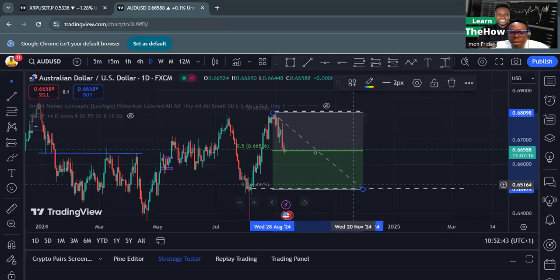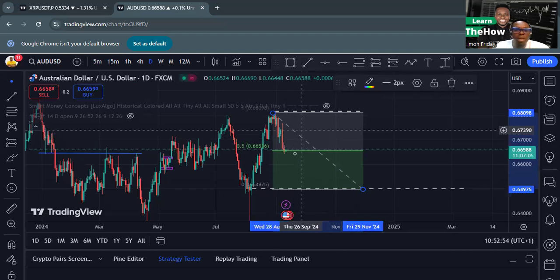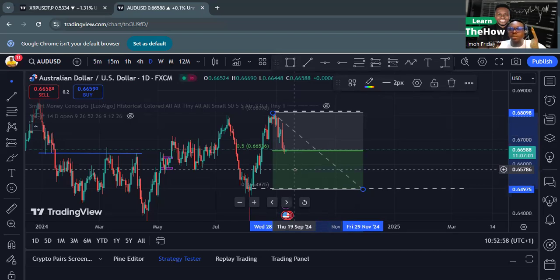Right now, if you can enter it, but wait for it to go back up a bit. Then once it goes up to this very price, 0.66890, you can enter it for a sell because you are seeing the discount zone. So with that in mind, I would have stopped here, but